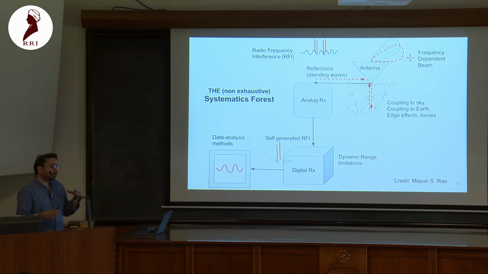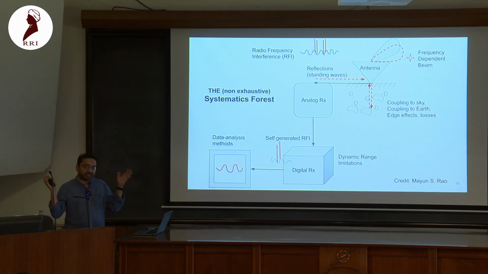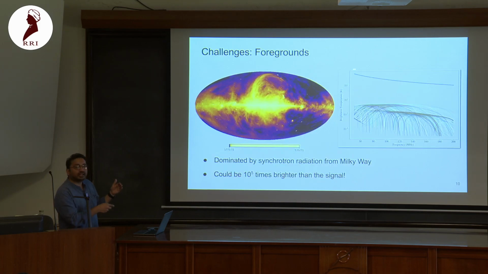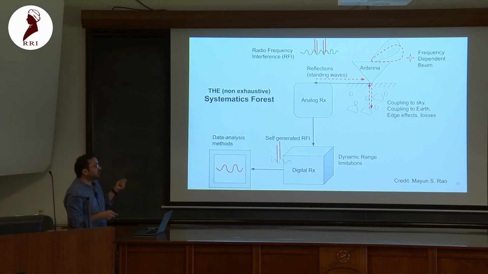We have several sources of systematics from our own telescope which really can't be avoided, starting with the antenna, because the antenna has a specific field of view, and in most instruments it changes with frequency. That can introduce a lot of features that are intrinsically not there in this power law structure. If we want to correct for such things, we really need a very precise model of the sky as well as a very precise model of our field of view, or the beam. And a lot of people, especially Kavita here, do a lot of electromagnetic simulations to understand these properties.